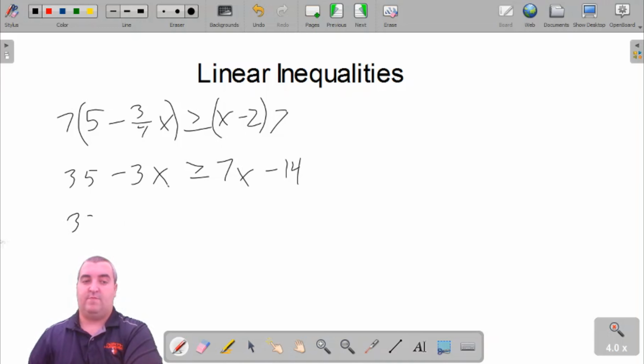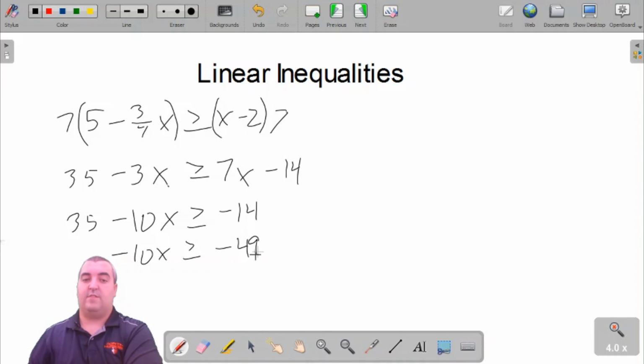So I'm going to get 35 minus 10x is greater than or equal to negative 14. Then I'm going to subtract the 35 over. So negative 10x is greater than or equal to, since I'm subtracting 35 from negative 14, it's going to be like adding 14 plus 35